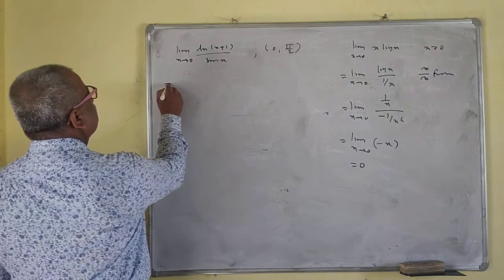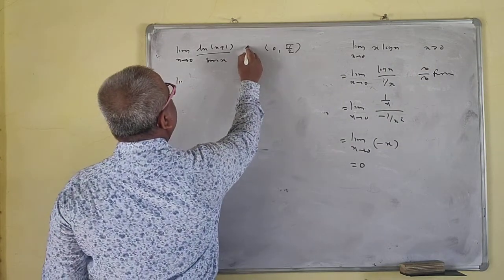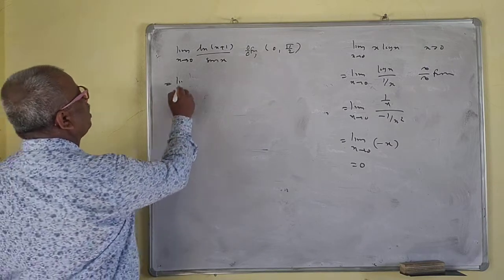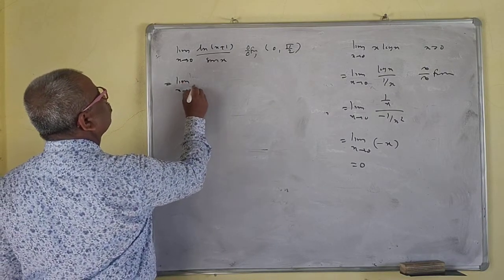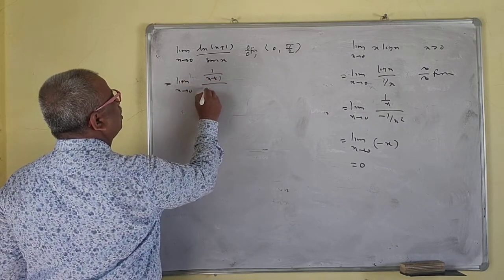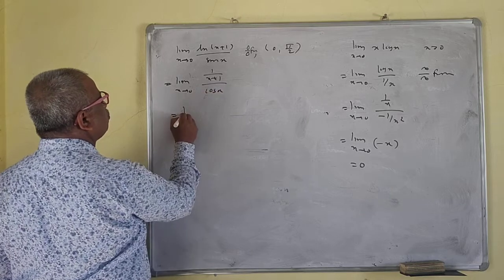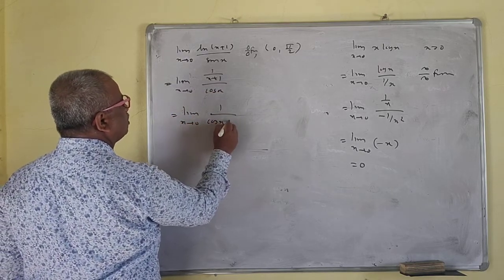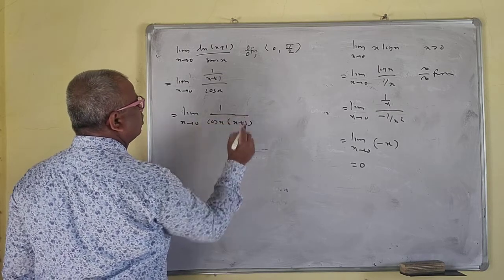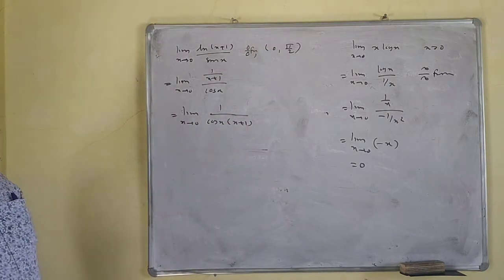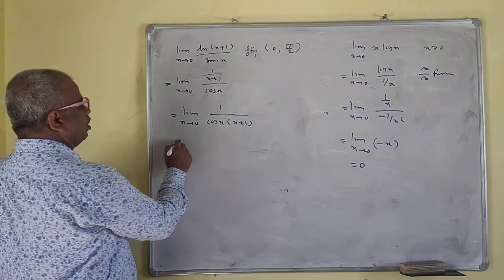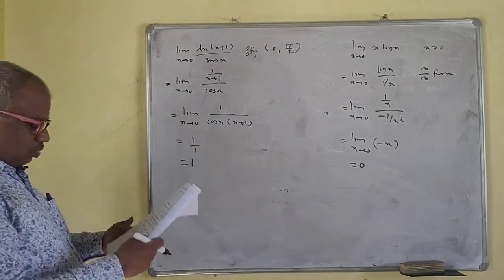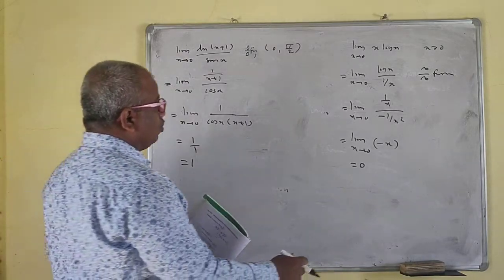Okay. So now see this. This is 0 by 0 form. So this is then limit x tends to 0, 1 upon x plus 1 over cos x. So we can write this as 1 upon cos x into x plus 1. Now this is not 0 by 0 form, so we can put the value here. So this is 1 upon 1, so this is 1. So the value is 1 now. Okay. So next example.